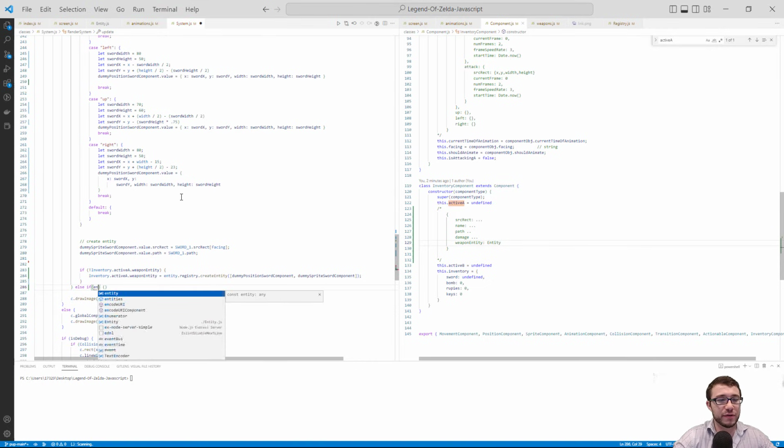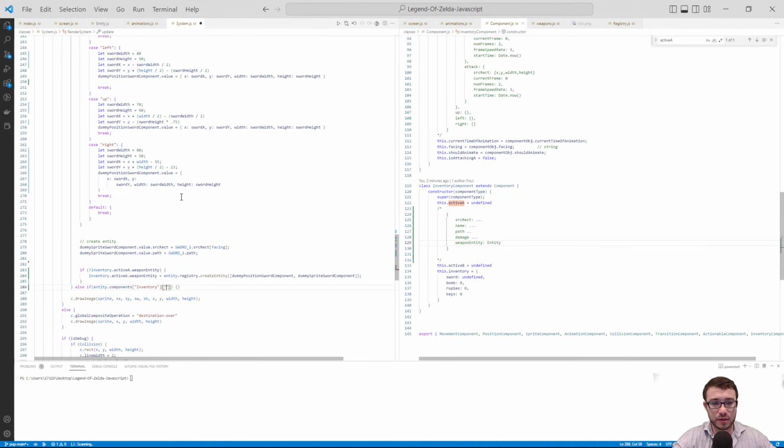Okay, so if entity components inventory active A, so we have to set it up like that to make sure that active A is not yet undefined to avoid any bugs. Inventory active A weapon entity. So if this is defined